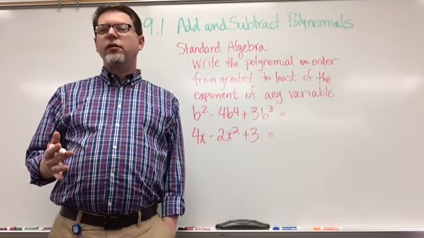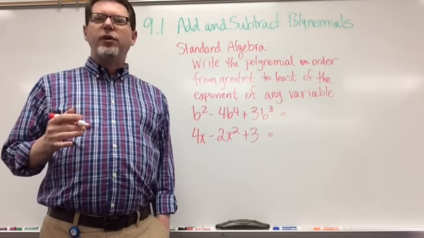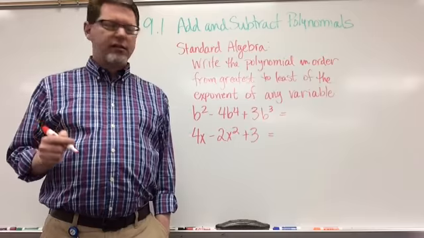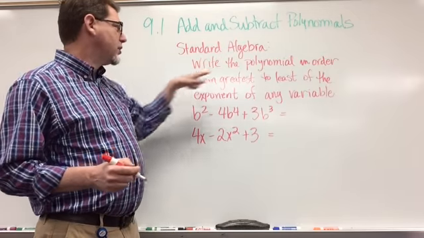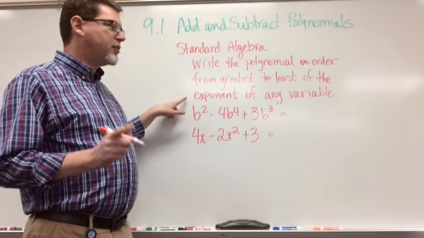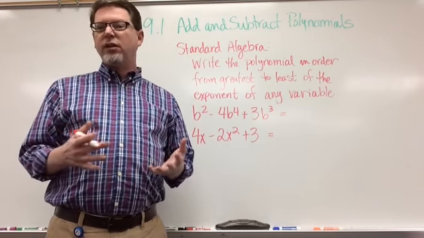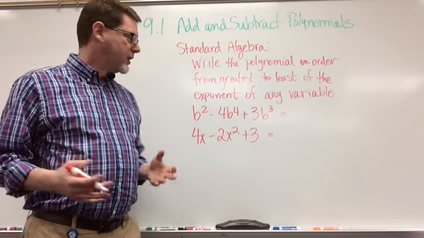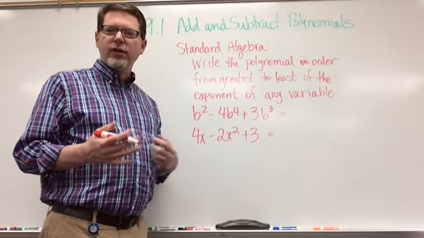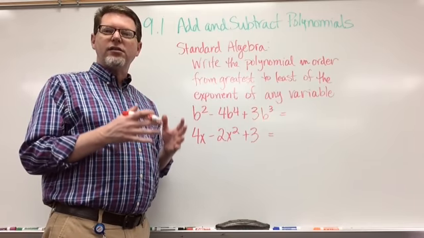One more important part of this whole process is standard algebra writing procedure. Whenever we have a polynomial, we write it so that the polynomial is in order from greatest to least of the exponent of any variable. So I choose a variable. Typically, there's a variable in most of the terms. So I pick which variable I'm going to use, and then I put first the term that has the largest